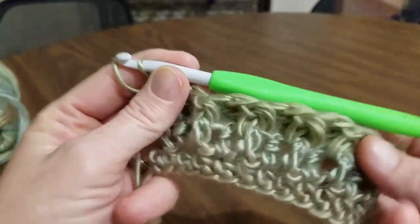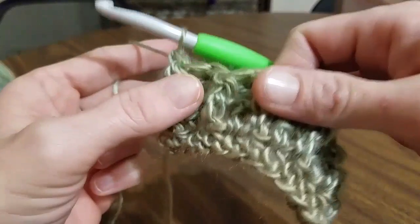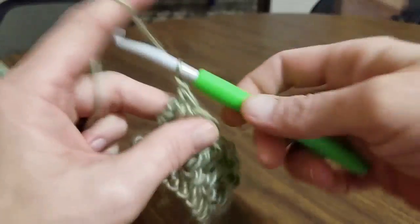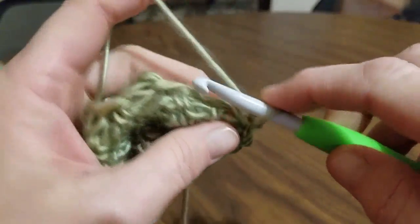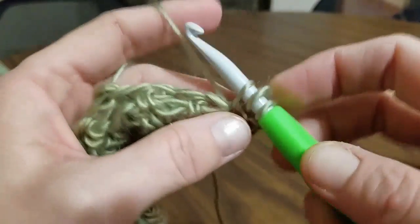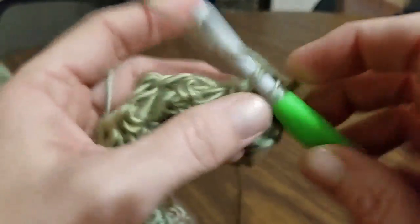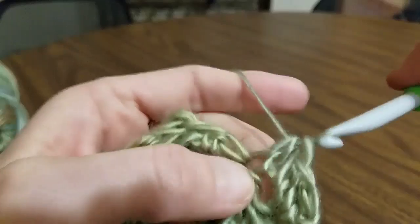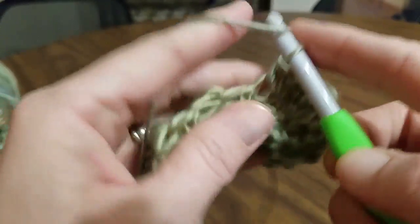Okay. So this is your end result here. What we're going to do now is we are going to chain 2, turn our work towards us, go into that first stitch with a half double, and every stitch following. So 2, 3, 4,